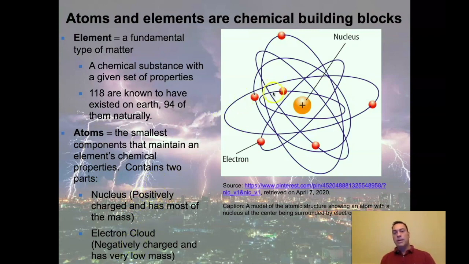What we see here is that when you have a negative and a positive next to each other, opposites attract. And so you have the electrons, which are interestingly trying to avoid each other because they all have the same negative charge, but they're all attracted to this nucleus. So they're buzzing around this thing almost like flies in a complicated way. We're going to get into the exact pathways momentarily.